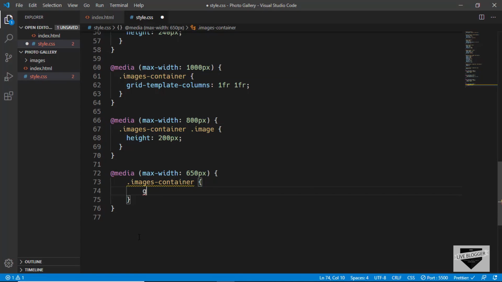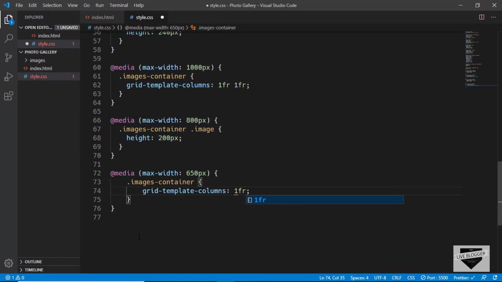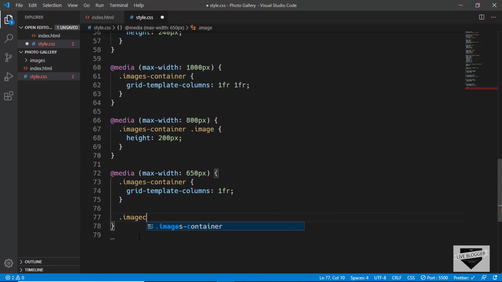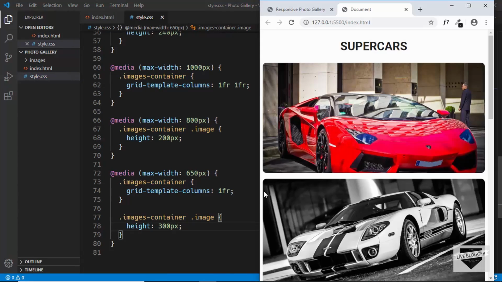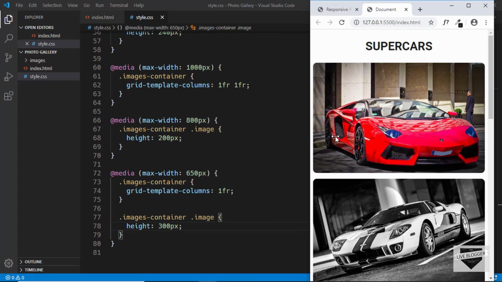So we'll type grid template columns 1fr, and then we'll also increase the height of the image to 300 pixels. So we'll type images container image, and we'll set the height to 300 pixels. So now we can see we have just one image in a row when we are less than 650 pixels in browser width,